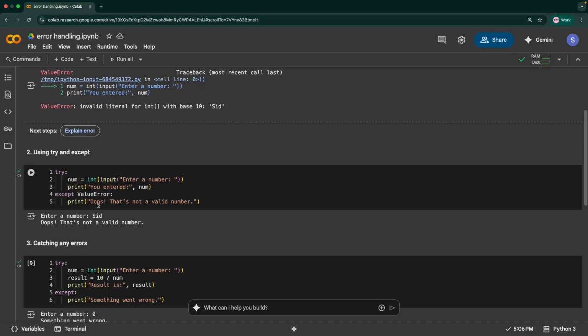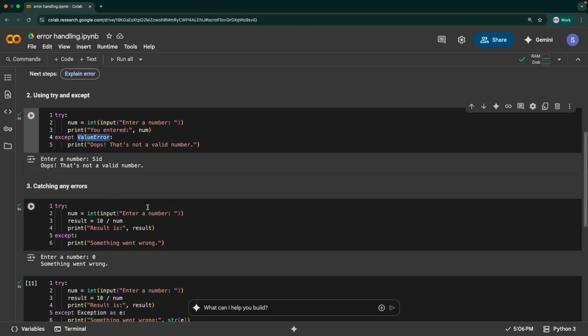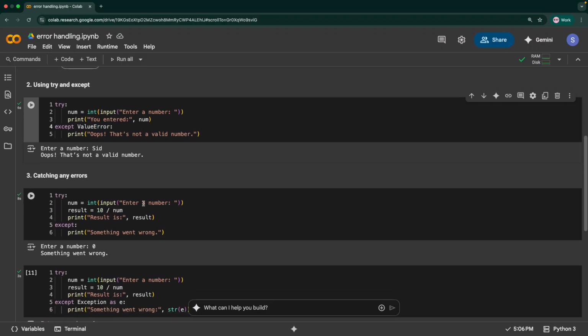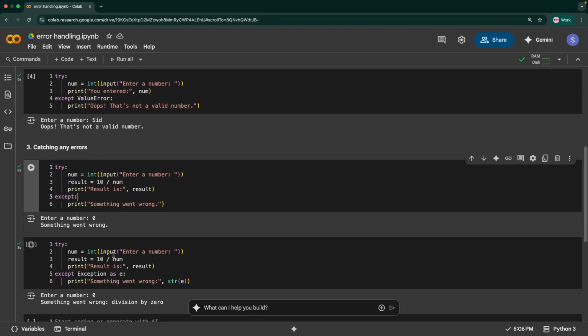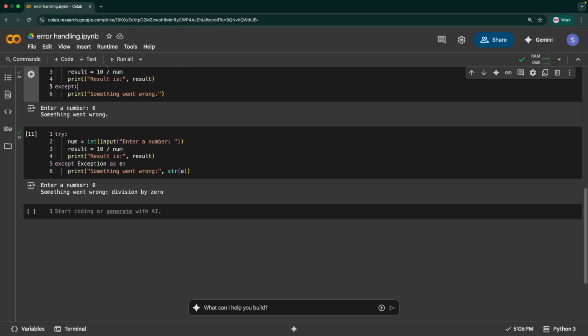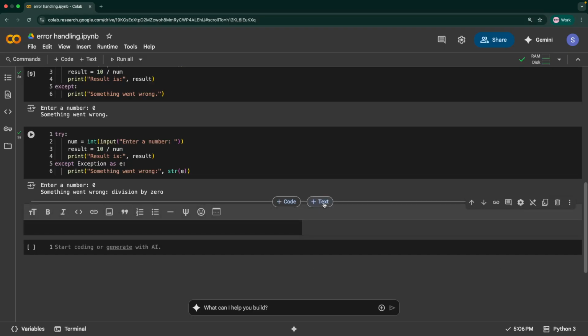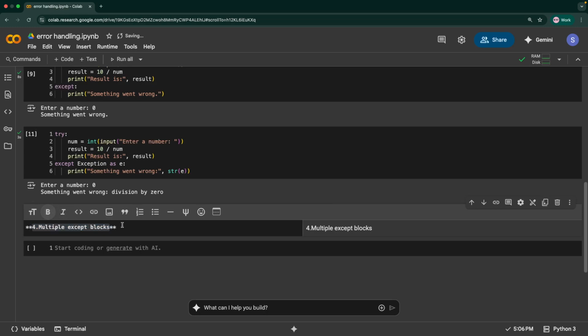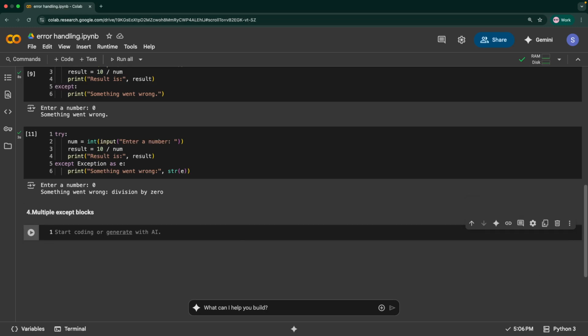So one way is just to use a particular value error that you expect. In this case a value error or a ZeroDivisionError may occur, so you can have a generic error statement as well, but the better option is to have multiple except blocks. If we know these are the different errors that usually happen for this particular block of code, then you can handle all those things.